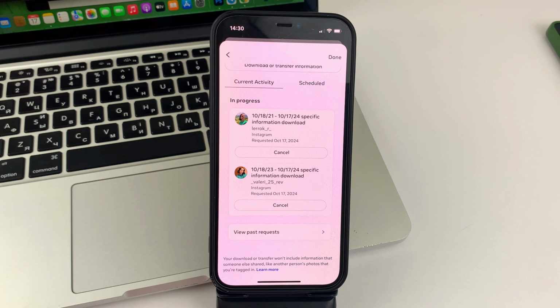But I can't tell you exactly how long it will take Instagram to get that chat history file ready for you, because if you want to download chats from the last month or 3 months, for example, that's less information. And if you want to download chats for a year or 3 years, that's a lot of information, and it's going to take more time to prepare that file. You'll have to wait a few hours or maybe a day until Instagram prepares such a file.